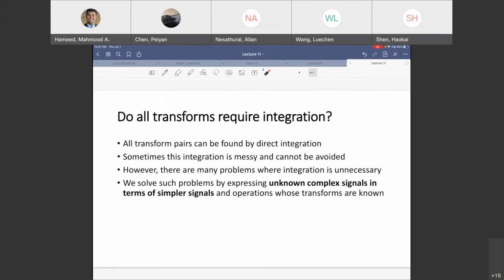How do you do it? By using those transforms and properties. Now we saw how there are many problems where integration is unnecessary, like I said. If you're seeing this on an exam, you are most likely going to need properties and standard forms and not do the direct integration, right? Everybody thinks, I have one way to solve it, let's jump in and solve it. But if you do that, the chances are that you will end up doing math for a long time, which may turn out to be unnecessary.